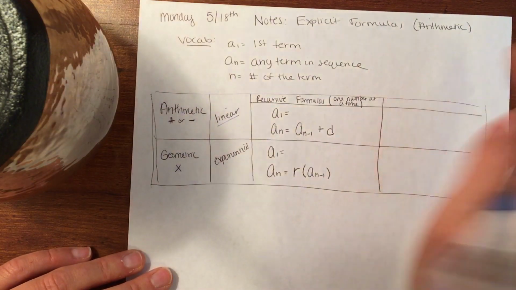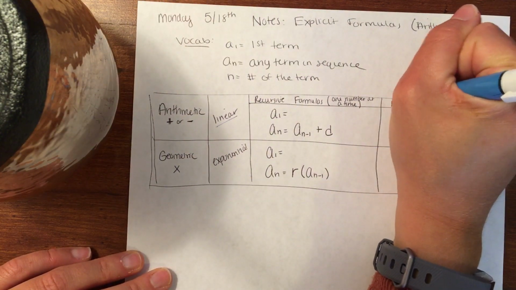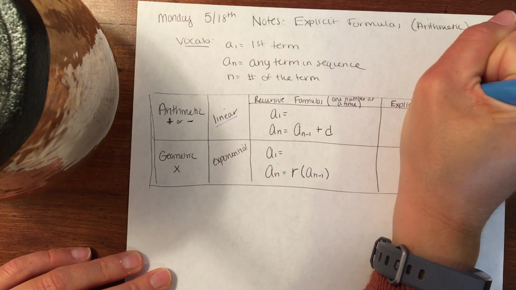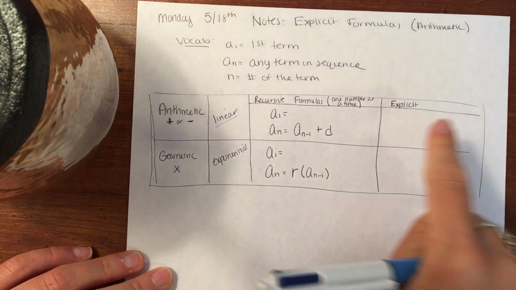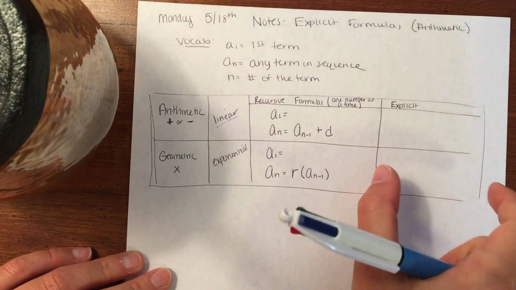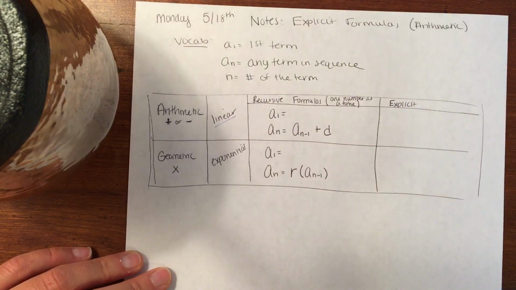The types of formulas you're going to learn today are explicit. And I'm only going to show you the arithmetic one. We're leaving this blank and you can fill this in on Wednesday. So the explicit formula,